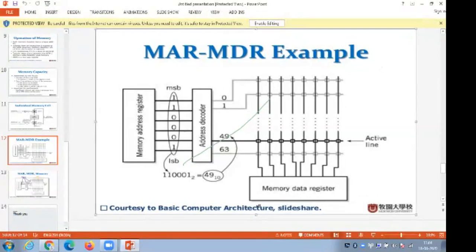When we use it, if we need the information from this, from 1, it shows out. If we need the information from 1 in this register, it shows out. So this is the way it shows out, and then finally in the memory data register, it is stored in this way, and then it comes to an active line. So all these are stored in the form of binary digits. This is nothing but the address register and data register example. Both memory address register and data register are shown here.